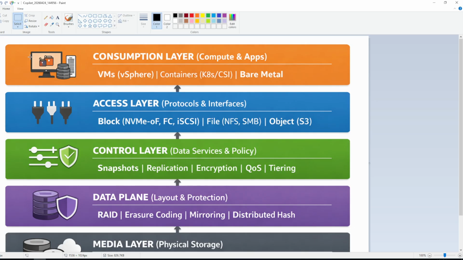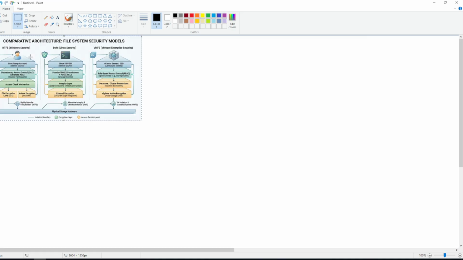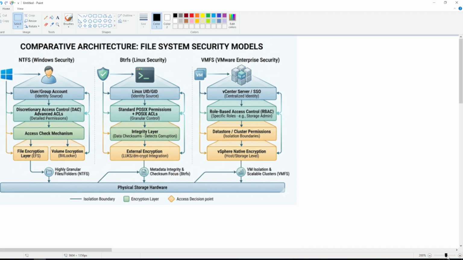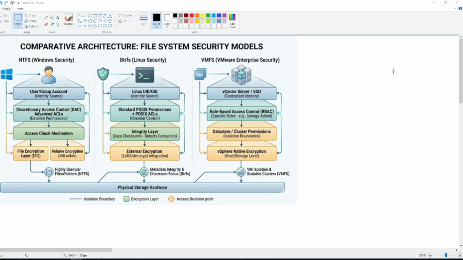I will put it new here. So what is the difference between these three? Okay, I will copy this. This one is